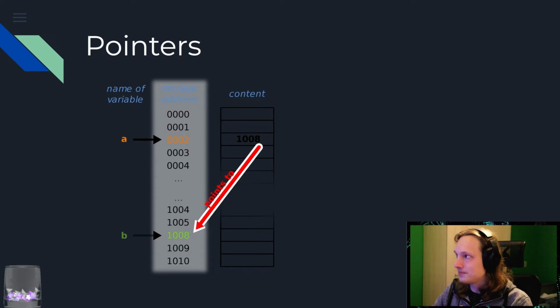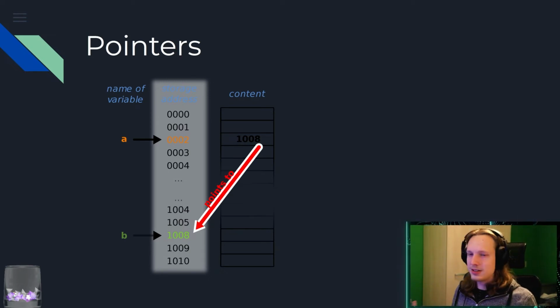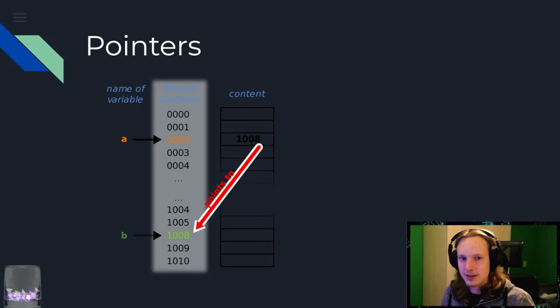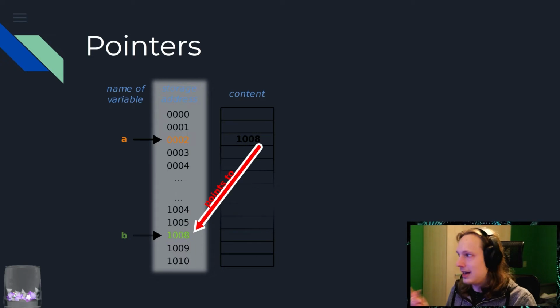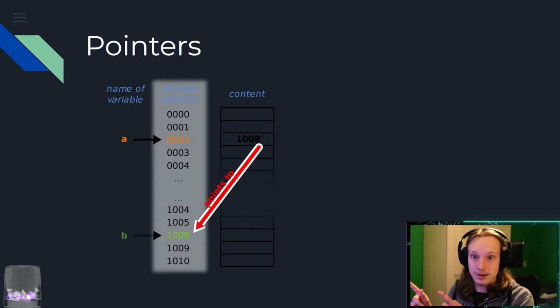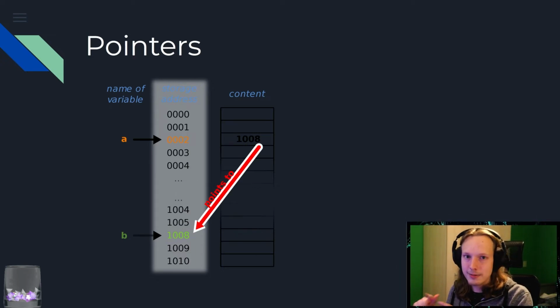So what's up with these pointers? Why are they so dangerous, and how can you use them to your advantage? Because pointers really are what makes C such a powerful language, to be completely honest. A pointer is actually very simple in its essence. So you have some variable A. Look at the graph. And also, yes, I did steal this from Wikipedia.